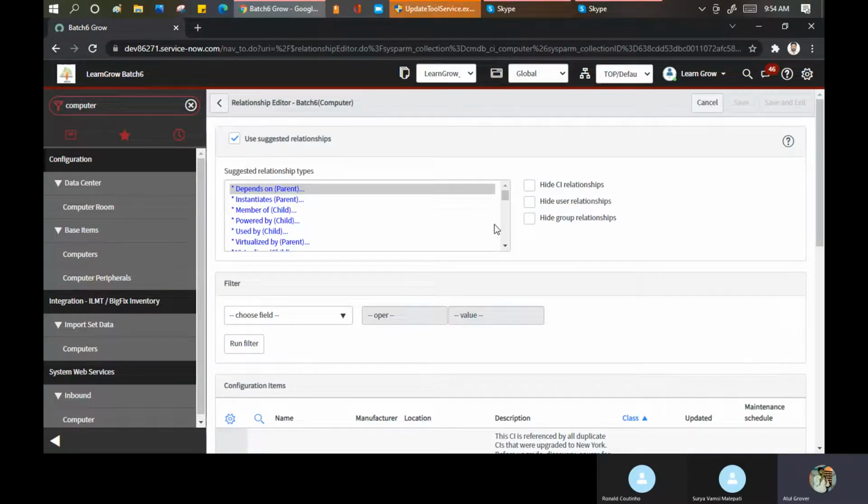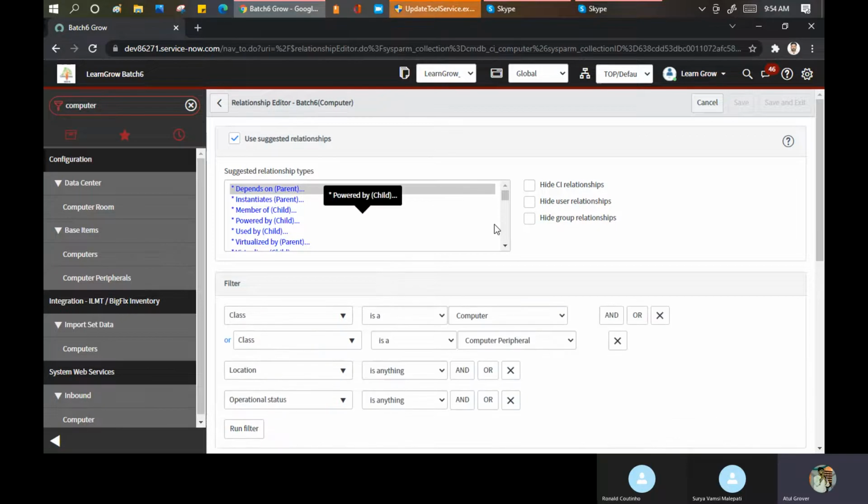Now I want to build a relationship. This particular batch 6 computer depends on, which means it will become the parent, and the other will become the child. So now, depends on, the parent. If you select this relationship, you will find that ServiceNow gives you a specific filtration as well.